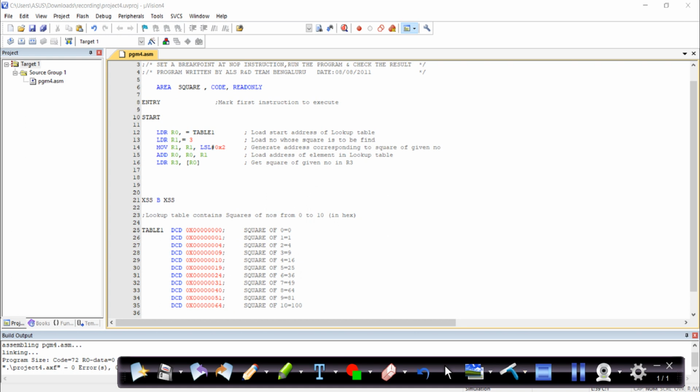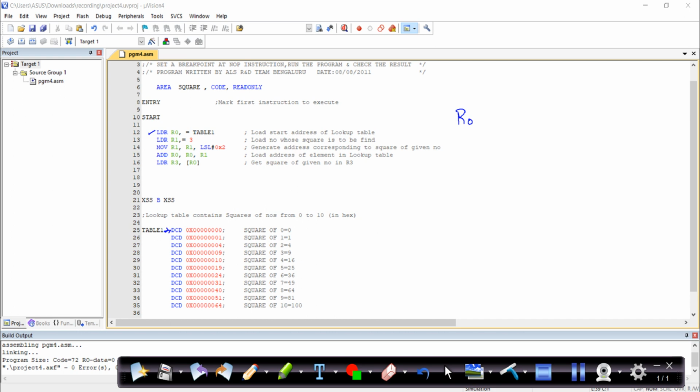Okay, so let's look at our code part. As you can see here, my first instruction is LDR R0, =table1. So your R0 is getting the address of your lookup table.